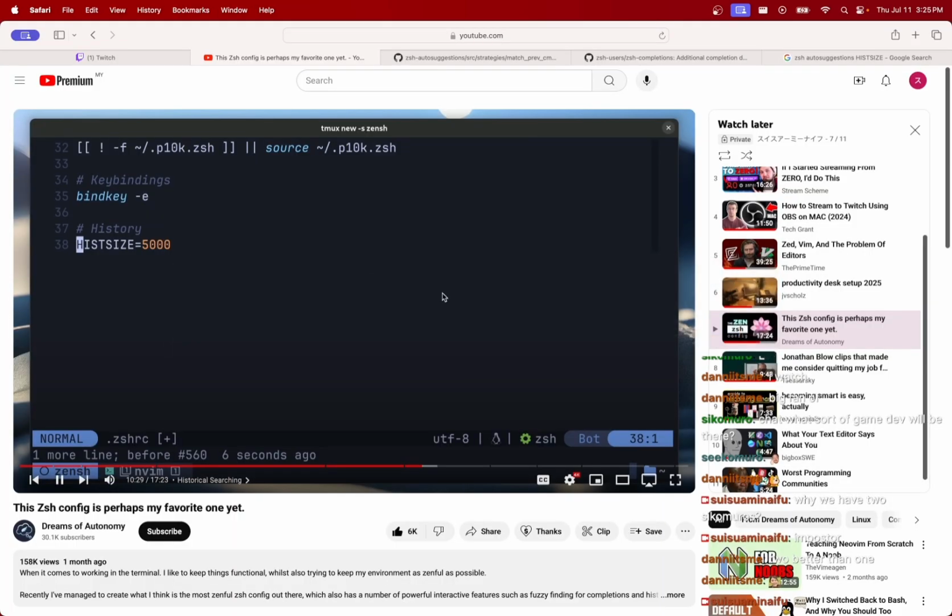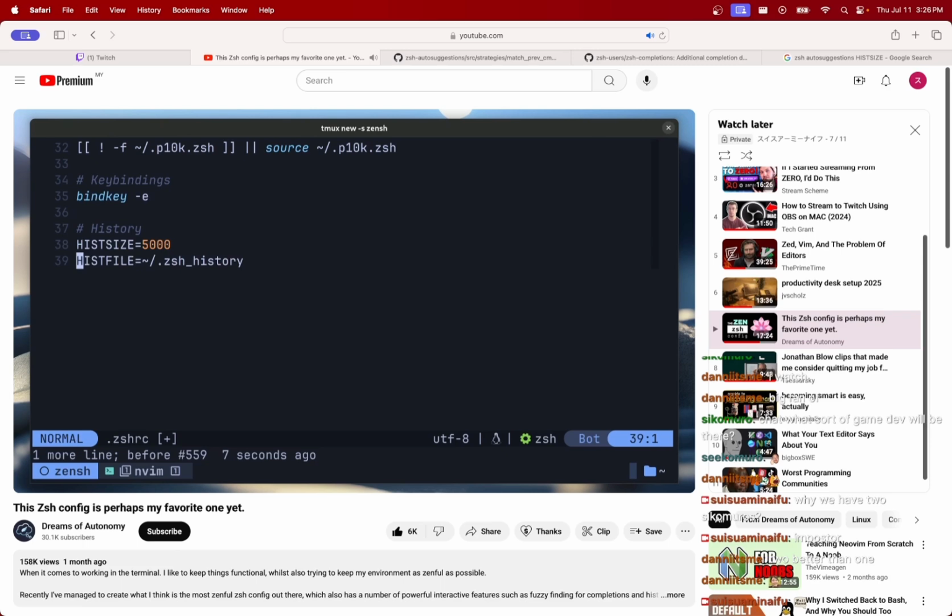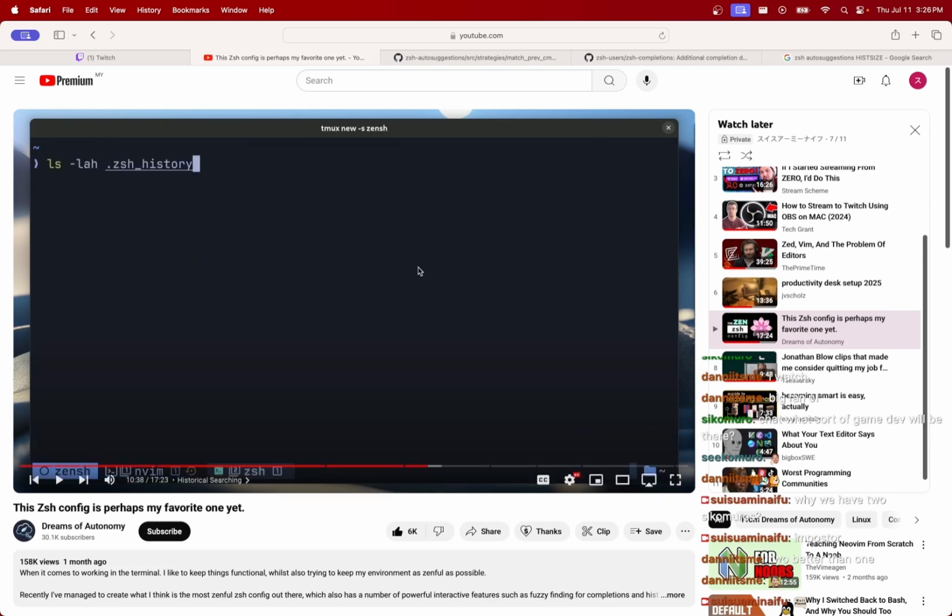This sets a reasonable number of commands we want to be saved inside of our history. Feel free to increase or decrease this depending on your preference. The second variable sets our history file, which is the file that